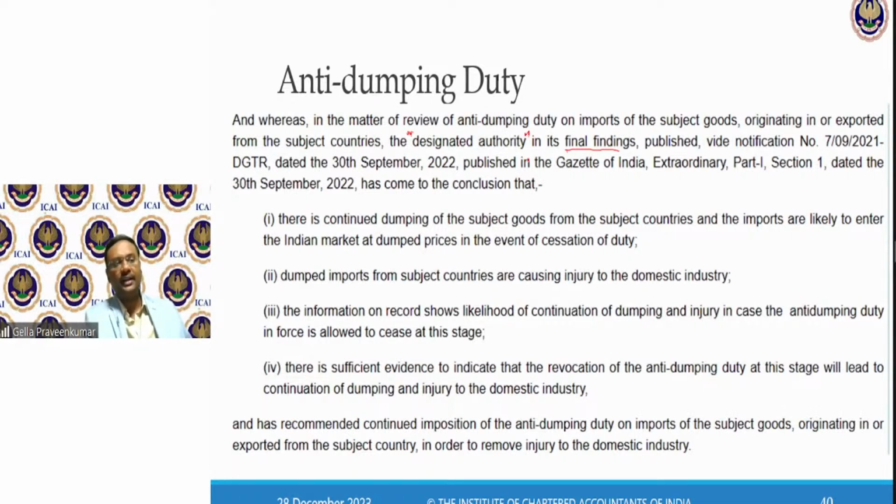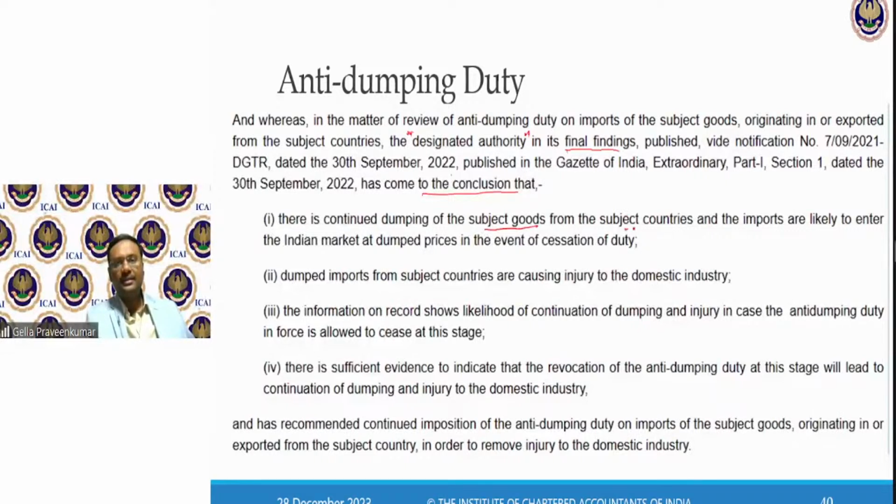The designated authority could be a tariff review commission, published by notification 7/09/21 DGTR dated 30th September 22, published in the Gazette of India Extraordinary, has come to the conclusion that there is a continued dumping of subject goods from the subject countries and the imports are likely to enter the Indian market at dump prices. They are saying that.